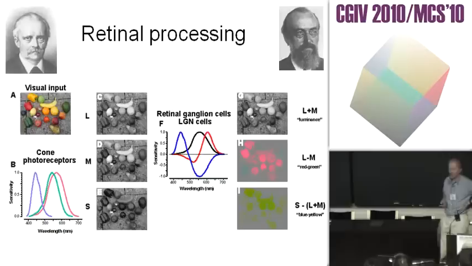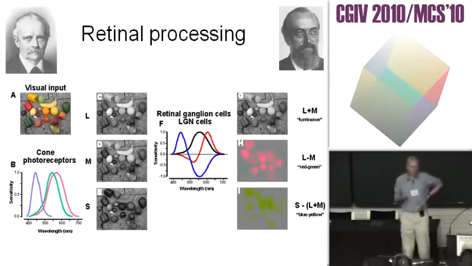And I've summarized it here again in this diagram, which basically shows you this stage with the cone photoreceptors here, an image, how it, and coded the magnitude of the signals in the L, M, and S cone. And again here, this is very similar. And then followed by a color opponent stage with these three channels that lead to these very distinctly different channels. And of course, this stage sort of has been